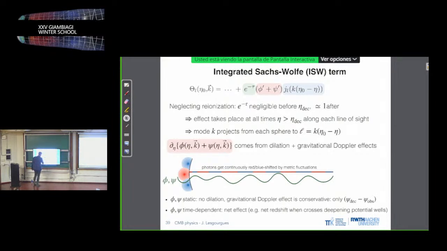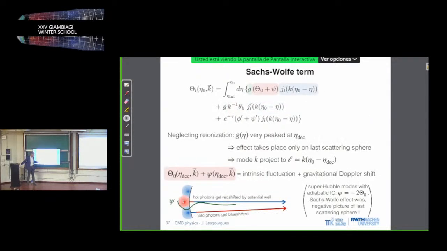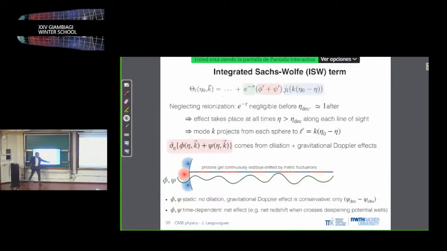Any blueshifting is compensated by a redshifting, and what matters is only the comparison of the gravitational potential at emission and at reception. And then this effect only depends on the difference between psi or phi on the last scattering surface and at the location of the observer. This term psi on the last scattering surface is a term that we already accounted for with the Sachs-Wolfe effect, while this term psi at the location of the observer has a small effect but very difficult to detect, because